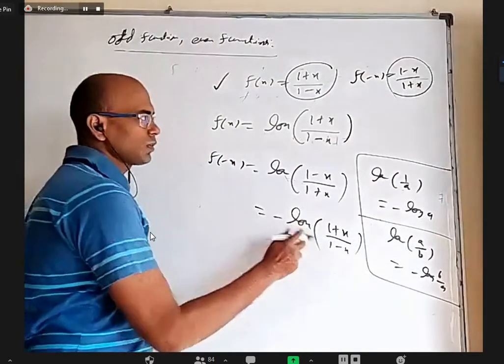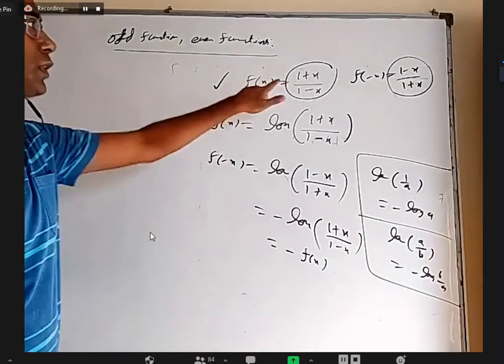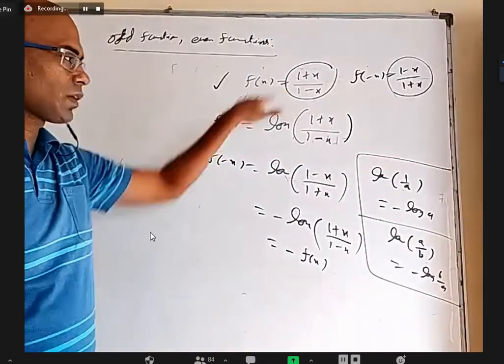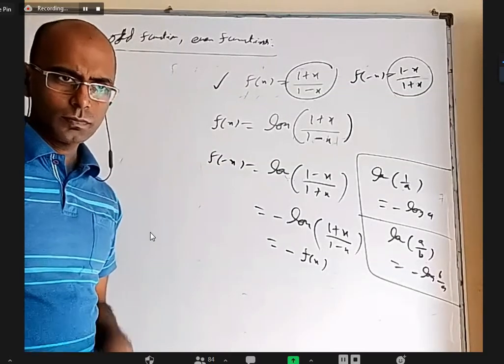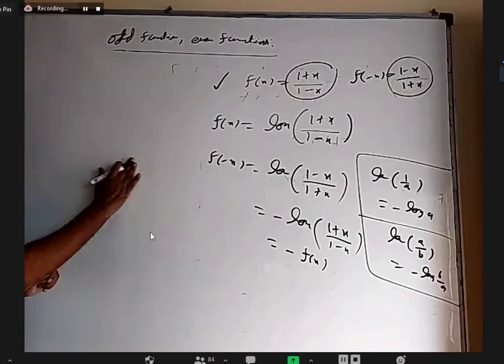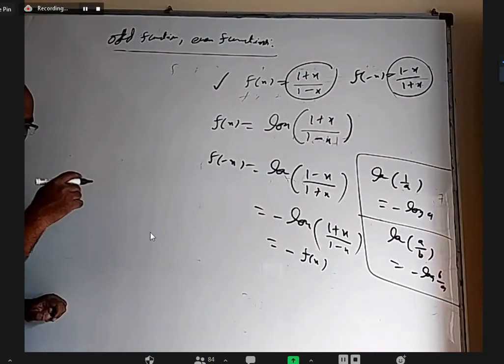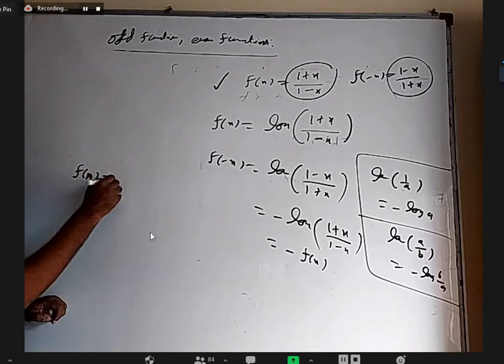Okay, so now this is minus f of x. So this is an odd function. Without log, it is neither even nor odd. But with the log, it is an odd function. Is everybody clear about this? Yes, sir. Sometimes this is not a very difficult example, but at first outlook it appears like neither even